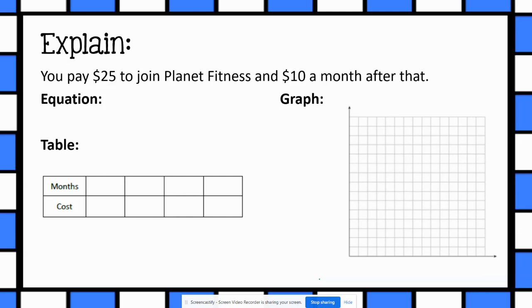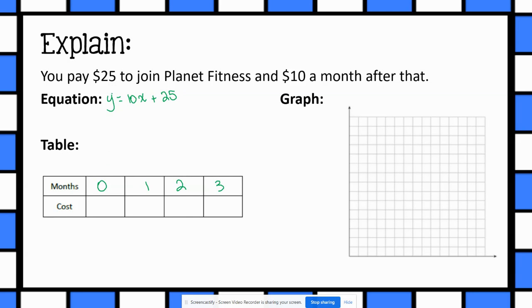Next, you pay $25 to join Planet Fitness and $10 a month after that. Well, if you think about this in terms of rate of change and initial value, the rate of change here is 10. So we know that it's 10 times every month, or 10 times X. The initial value is that you also had to pay 25 just to join. So if we put this in a table,